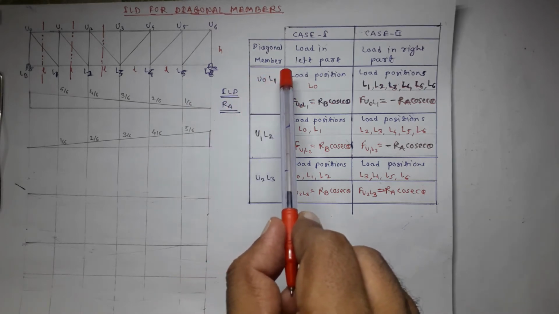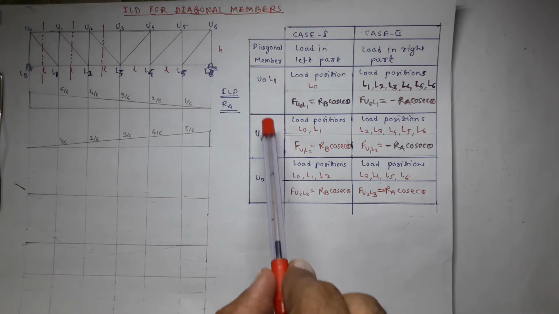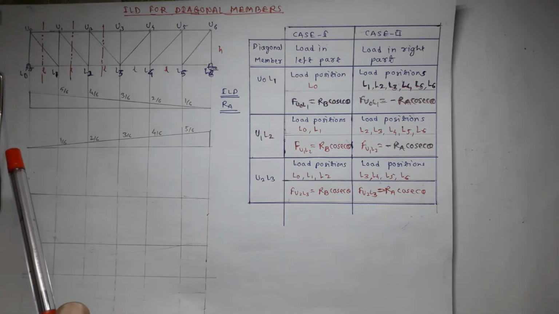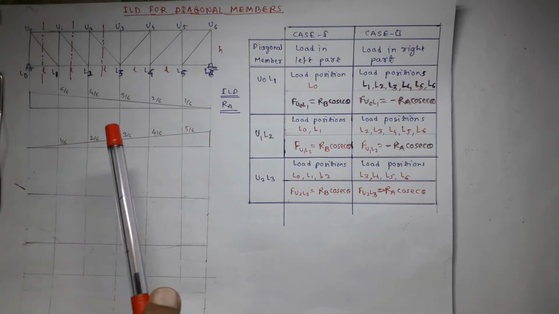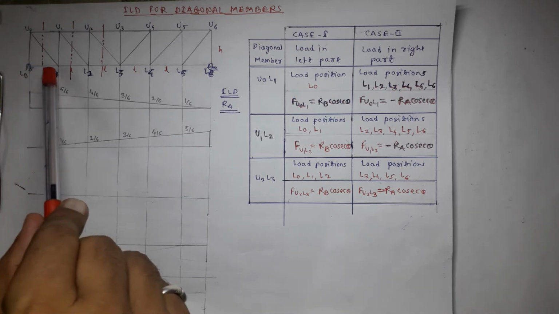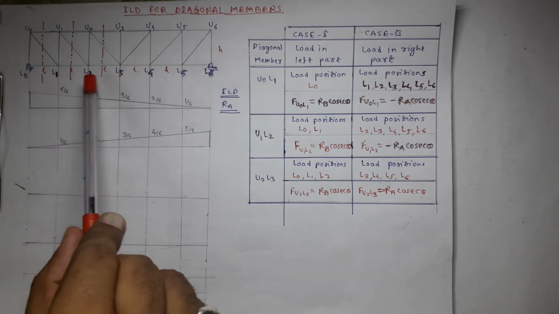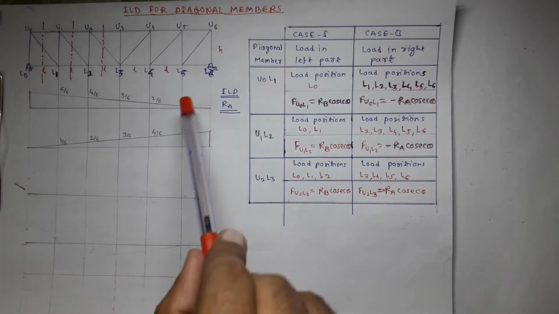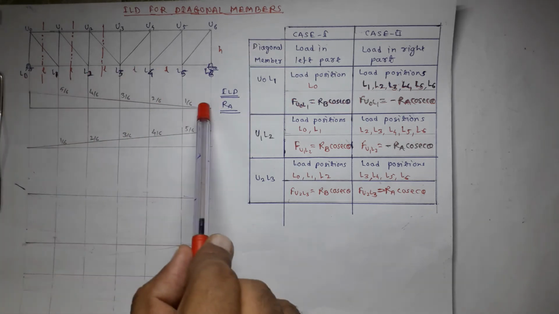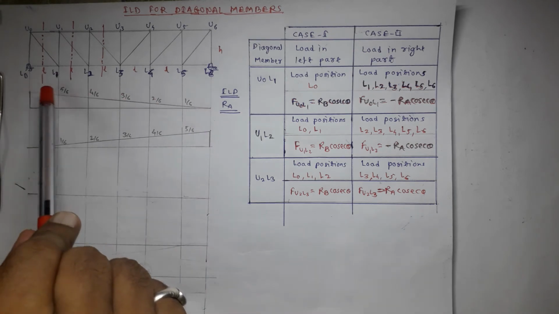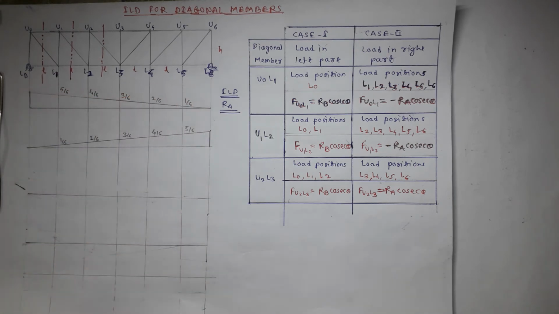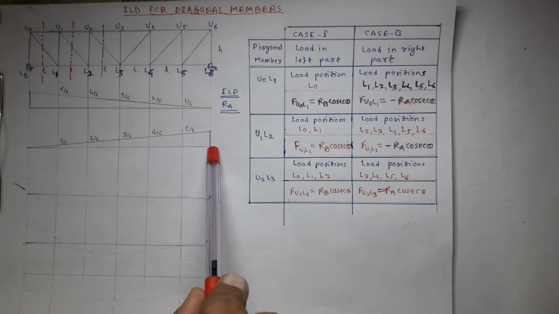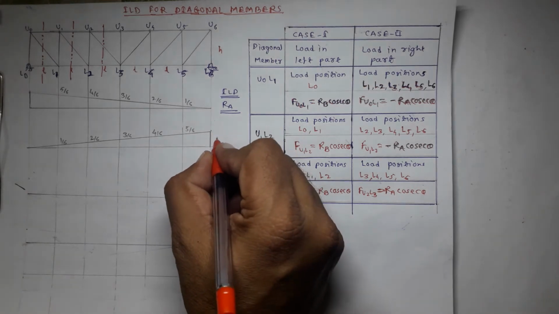Now again, in order to get the forces in these members, the load takes different positions along the lower panel points, and it is a through type of truss, so the load is going to have positions along the bottom chord panel points l0, l1, l2 etc. Now the ILD for RA I have drawn. So 1 over here, 5 by 6, 4 by 6, 3 by 6 and so on. This is the ILD for RB.